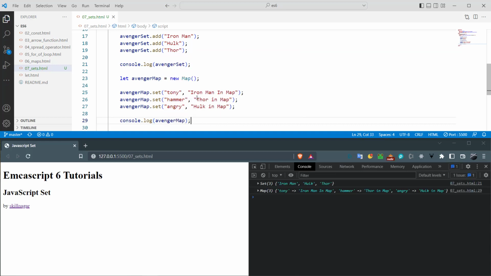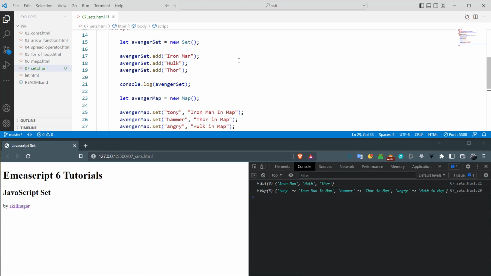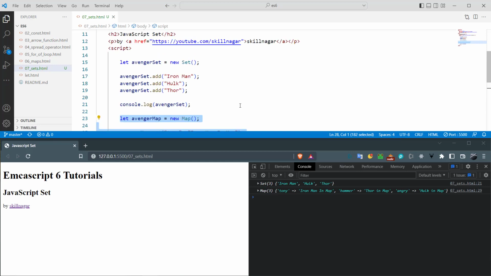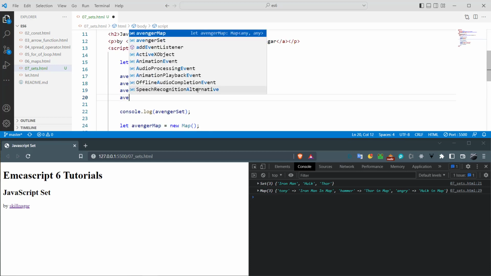Now obviously there is tiny bit of difference here. First of all, you can see in the set I have no way of putting keys, but in map I have a way of putting keys. Secondly, if I'll try to add Avenger set